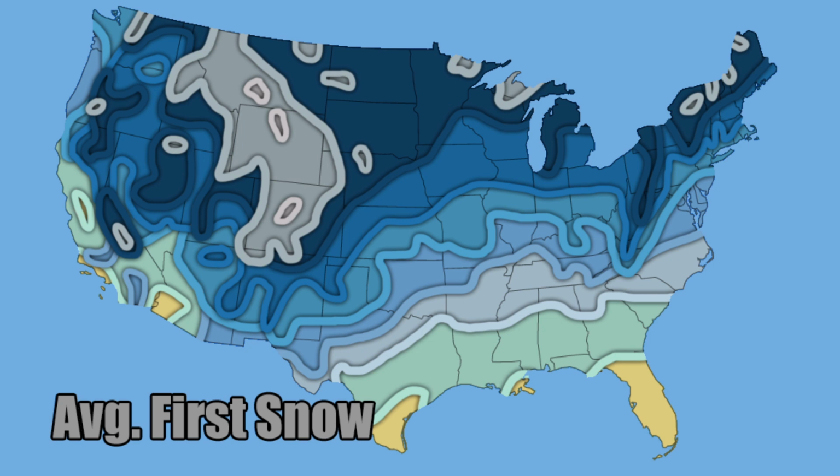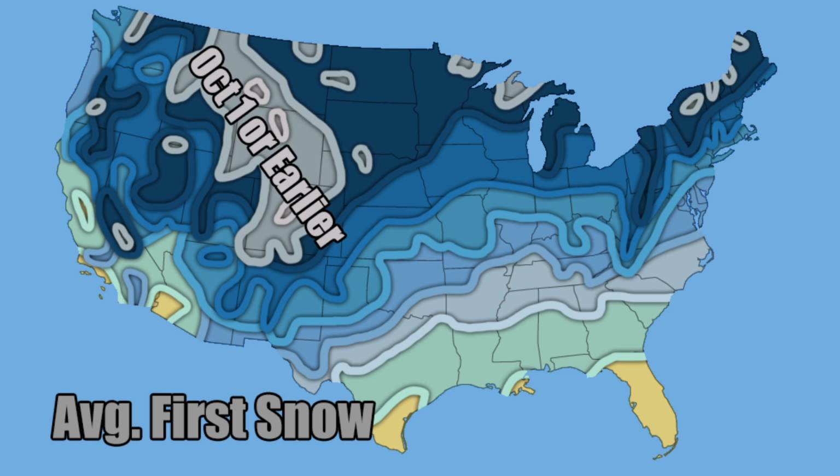Now, if you're wondering, this is all from NOAA data, so I did not just make up this map. I just copied what they had on their NOAA data and replicated it onto my type of map. So here in this pink region, this is where you expect your first snowfall to be October 1st or earlier, and in some cases you can actually see snowfall in some of these highest elevation regions in August in some scenarios. So that's why I put October 1st or earlier, because it can be much earlier than that